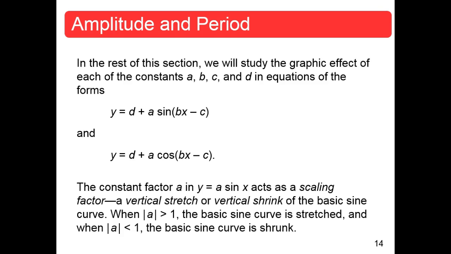For the rest of this section, we're going to introduce 4 additional parameters. A, B, C, and D. Okay? And why they put them in this order, I don't know. I would do them in a different order. But A is going to be the thing you multiply the sine by, just like we multiplied by 2 before. B is going to be what you multiply your